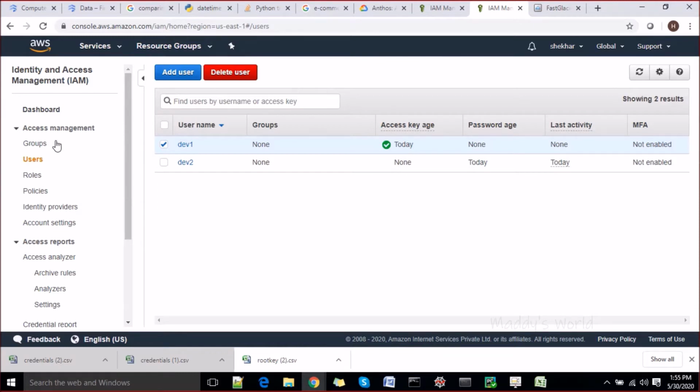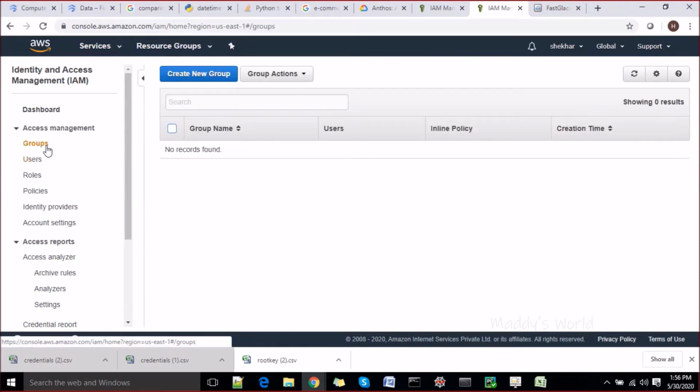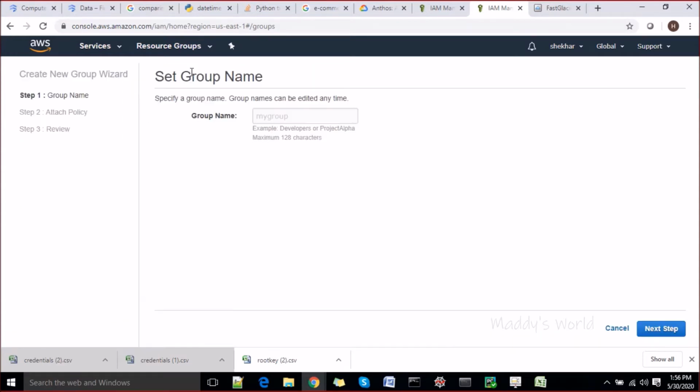Everybody knows about groups. A group is not an individual user; you can have multiple users in the same group, and all the users will inherit the specific permissions that we have given to that group. Whatever permissions that group has, whichever user you add to that group, it will inherit to all the users inside that group. So let's have one group and call it dev, and create it.